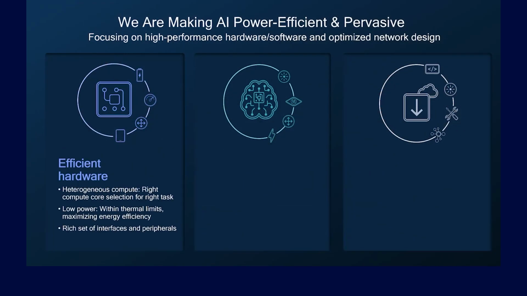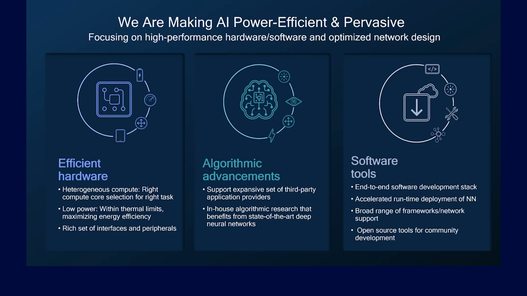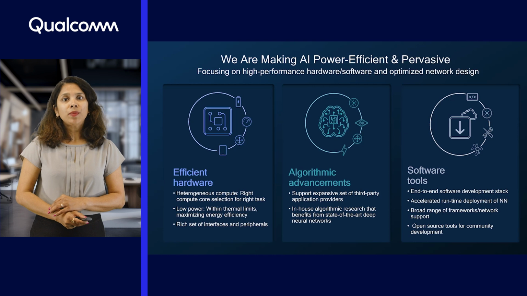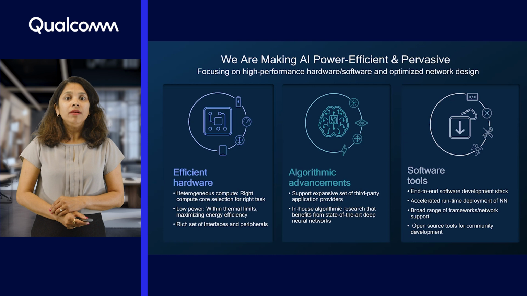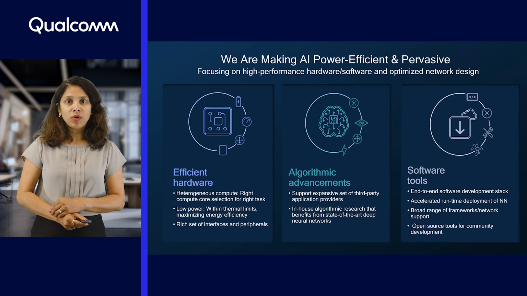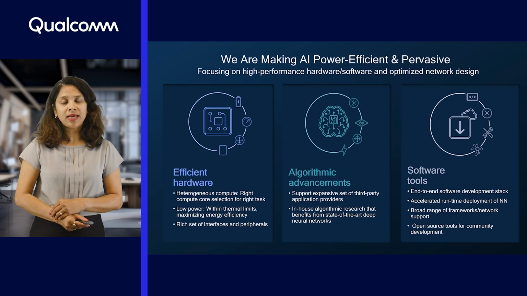There are three major pillars that we see making this on-device AI possible. The first and foremost is our hardware. Qualcomm Technologies has been focused on developing the best-in-class hardware. For that, we provide heterogeneous computing. For AI development, we have resources and IPs composed of CPU, GPU, and NPU that provide this AI acceleration. We are always working on the state-of-the-art models and evolving these IPs to cater to the requirements as these models